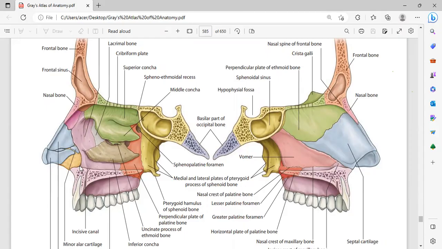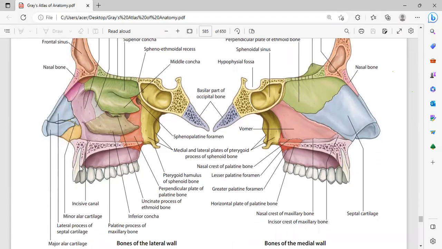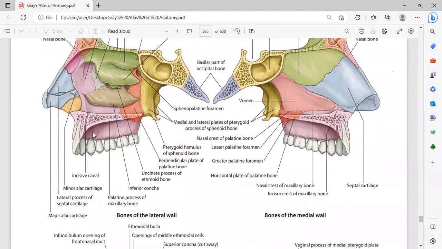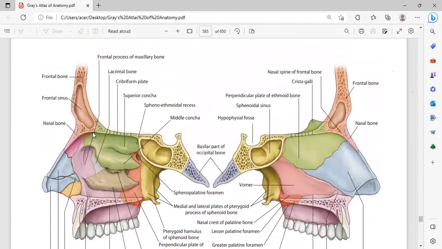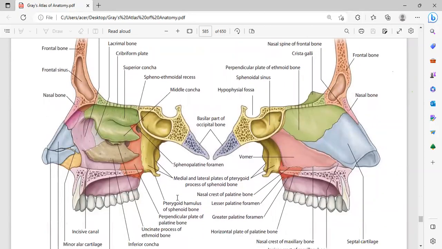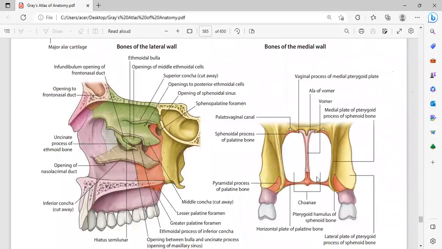Okay, so I forgot to talk about the extent of the nasal cavity. So the nasal cavity extends here from the nostrils or the nares to the choanae. So the choanae is this. This is the choanae. The choanae are the spaces that are formed in between the medial pterygoid plate of the sphenoid bone and